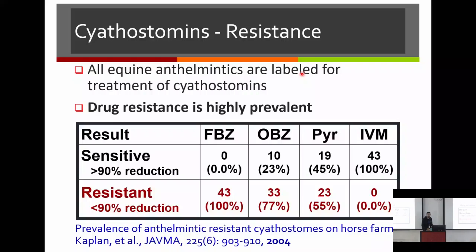So here is some of the resistance in cyathostominosis. This is one table I would like to show you, where you can see fenbendazole is 100% resistant. Albendazole, that is also the benzimidazole group, is 77% resistant. Pyrantel is 55% resistant. Ivermectin is still susceptible, but it is reducing in efficacy, because normally what happens is once you see the resistance here,